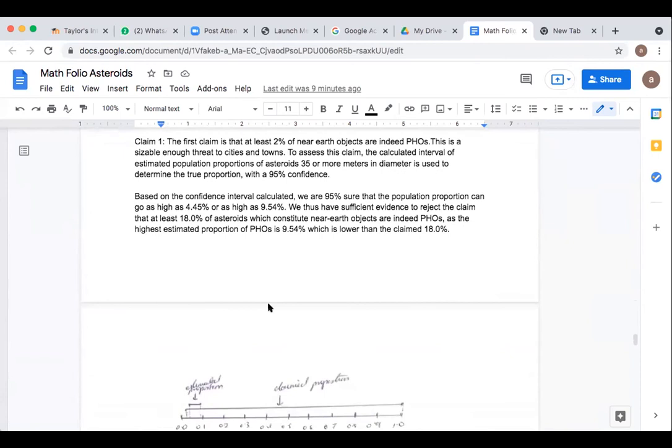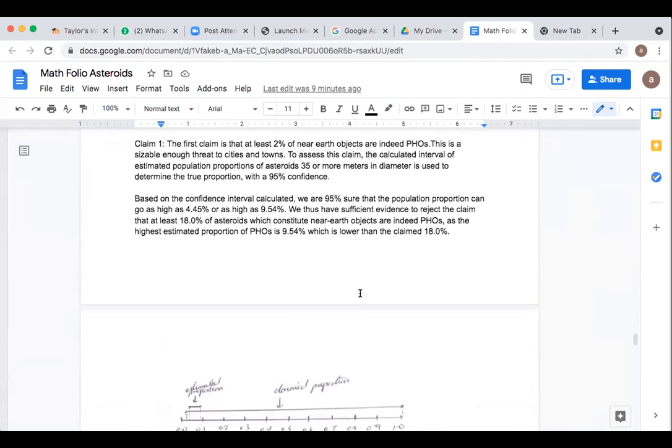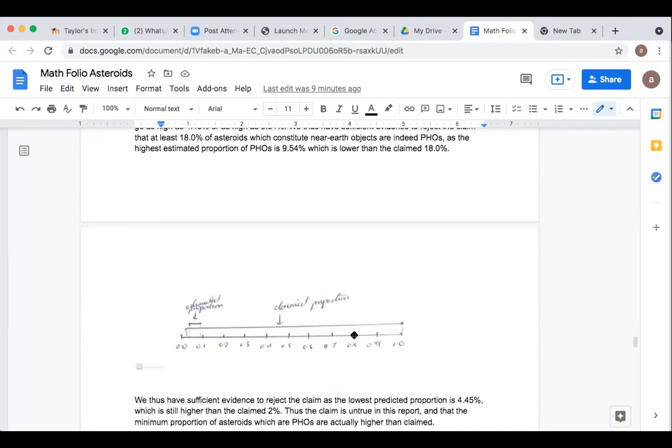So this is my first claim. Basically, at least 2% of near-Earth objects are potentially hazardous objects. So this is enough to be a threat to cities and towns according to NASA. I'll add that it's according to NASA. And then this is the confidence interval diagram